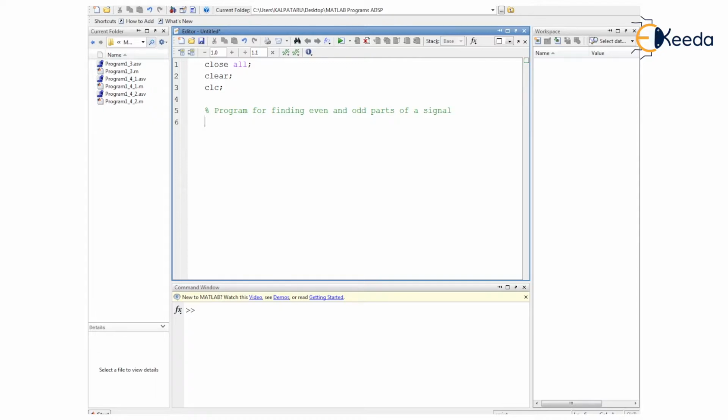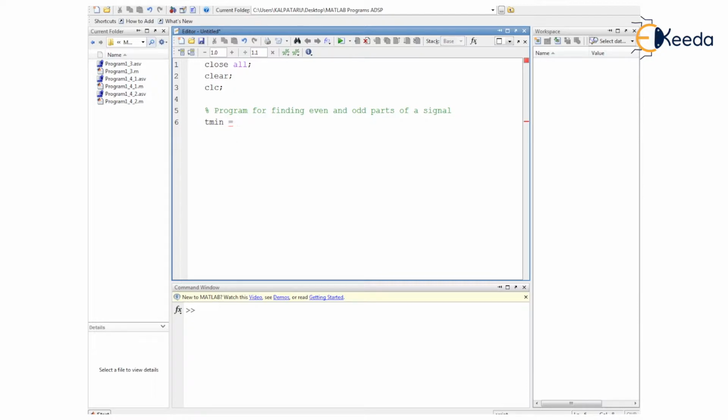Now for this particular purpose we require time as a parameter, and in the continuous time signal the time parameter we denote with the help of t, and for plotting it and displaying it onto the console we require a specific range of this time parameter. So let us have the minimum value of the time.